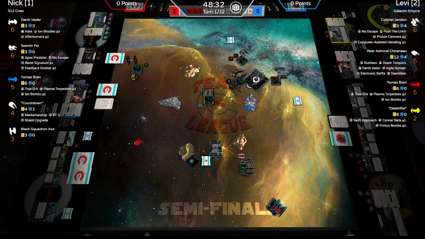All right. So next up, the initiative five. So we're going to see Nick's Tomax do the one bank. He does run into Jendon. We'll take the bump focus there, and he just barely avoids that obstacle. Whew. He's like half of a millimeter away from overlapping that obstacle. So close. And here's where that, if he would drop that bomb,